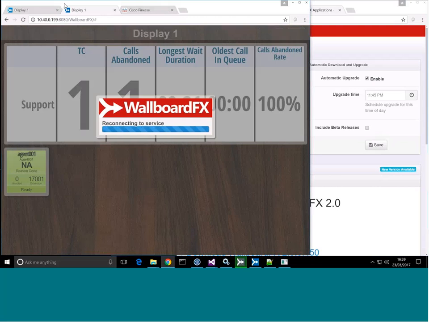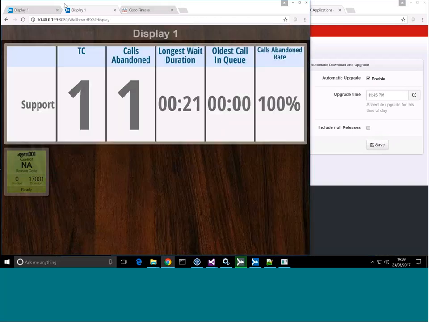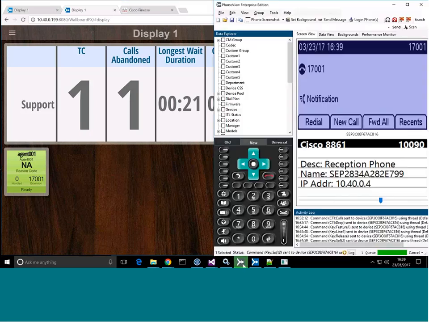Don't know exactly how long that's going to take, to be honest. Usually takes about 20-30 seconds. And then once that MSI file is finished, as if by magic, the system reconnects automatically and just carries on as normal. Okay. Now, I don't have calls going on here at the moment, so I didn't get around to